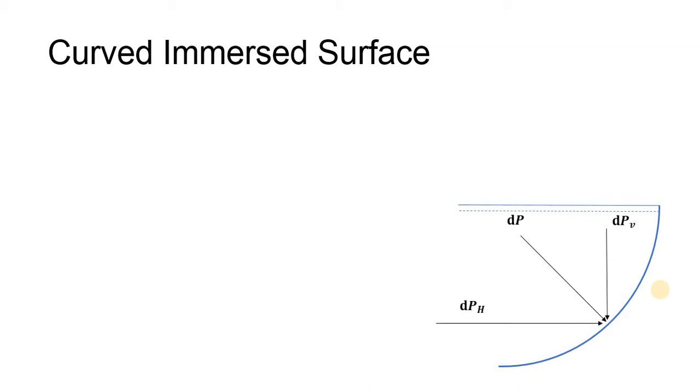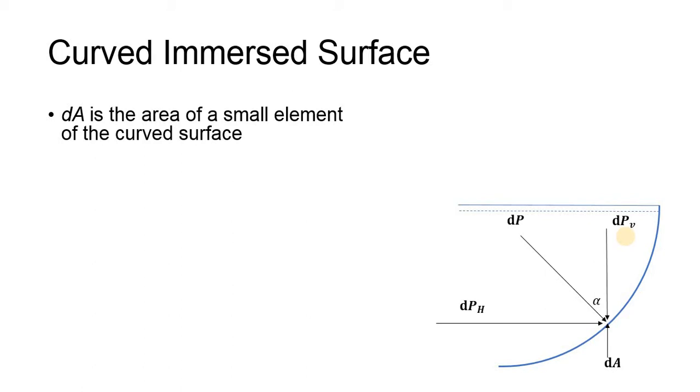This is one such curved immersed surface, and the free surface. Just observe this is a free surface. Let me consider a point somewhere here where the pressure is dP, but this dP can be resolved into vertical as well as horizontal components, and this alpha is the angle made by this dP with respect to dPV, the vertical component, and dA is that small area. So if dA is the area of a small element of curved surface,